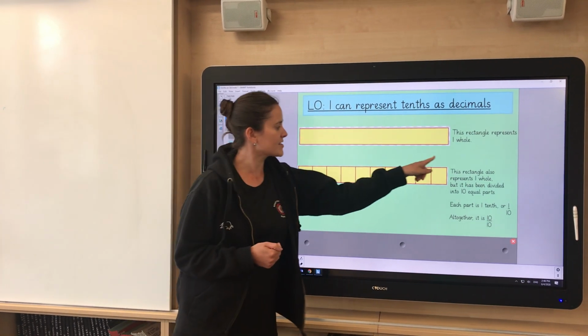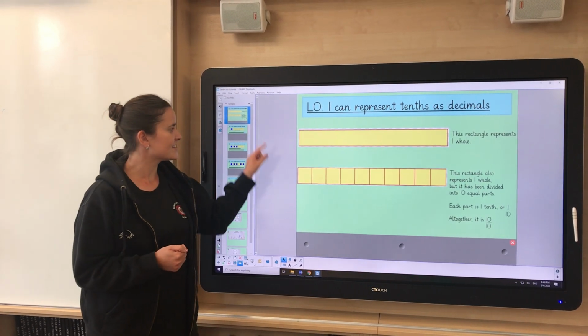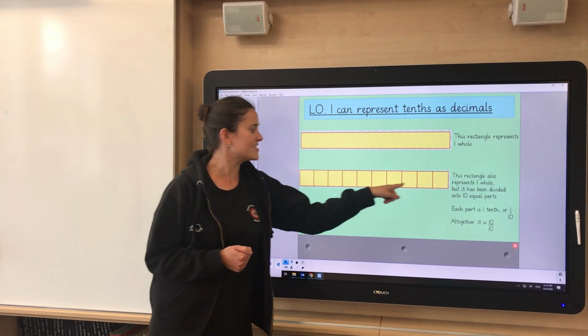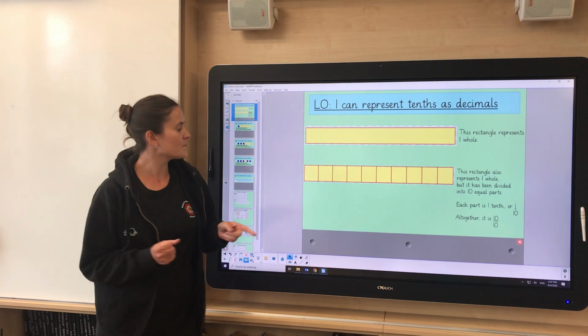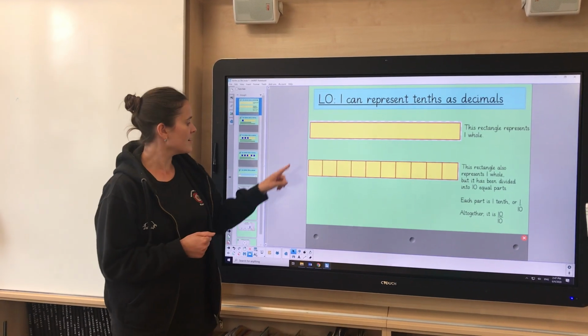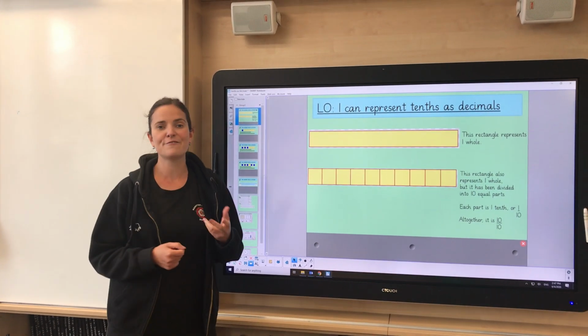Now the whole rectangle, you can see, is the same size as this first one. So altogether it still stands for one whole, but the 10 equal parts, each one of those is a fraction